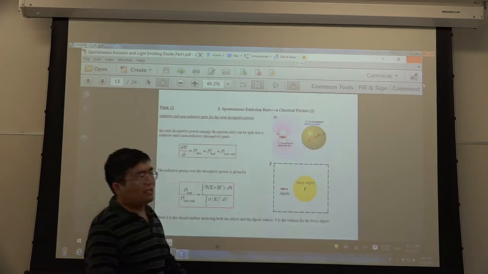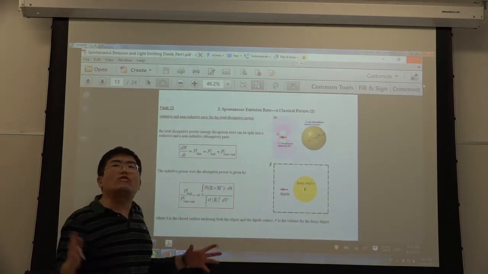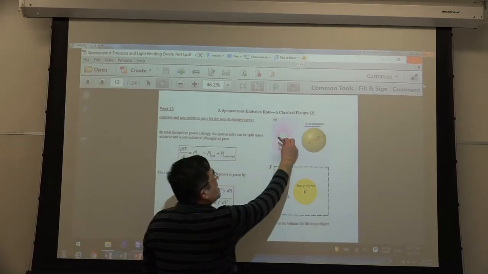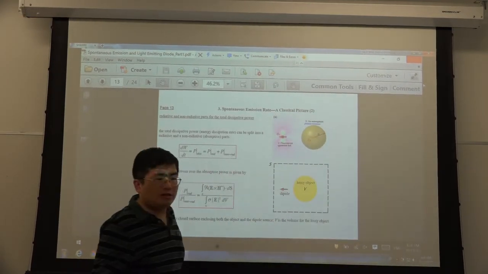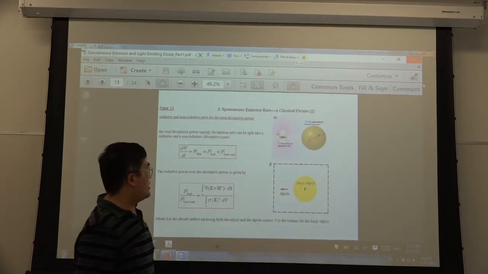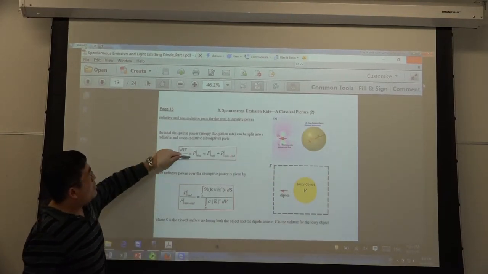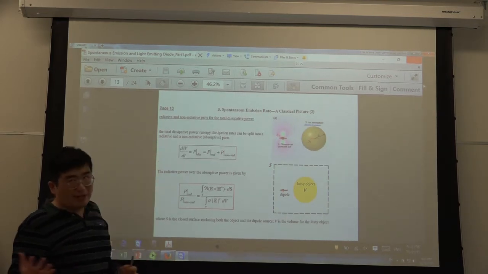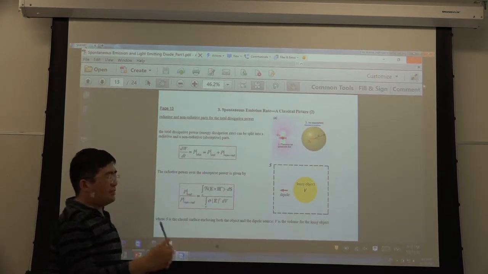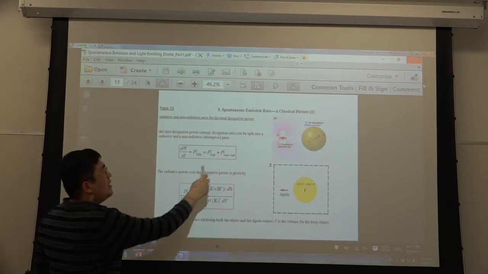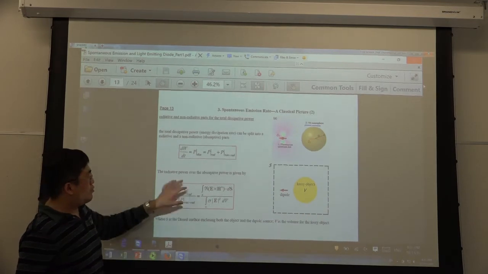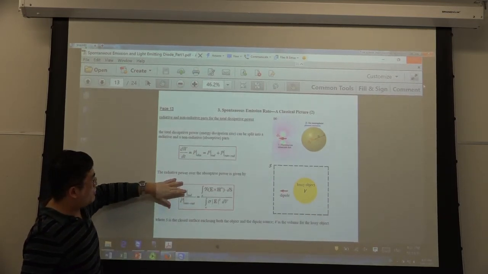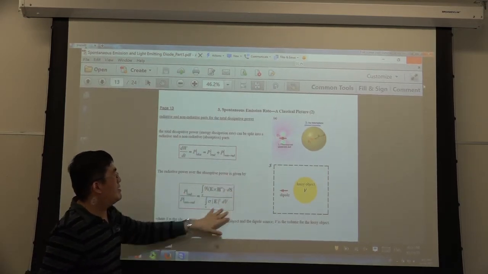So this is the total power. The total power has two parts. One part is absorbed by the sphere because the sphere has loss. The other is related to the far field. So the total radiative power splits into two parts. One is a radiative part, related to the far field. Another is a non-radiative part, just absorbed by the sphere. The ratio of the radiative part over the non-radiative part is given by this. You can verify it very easily.